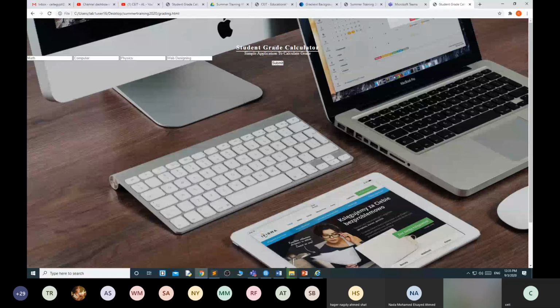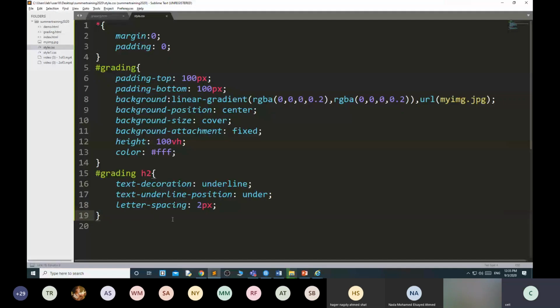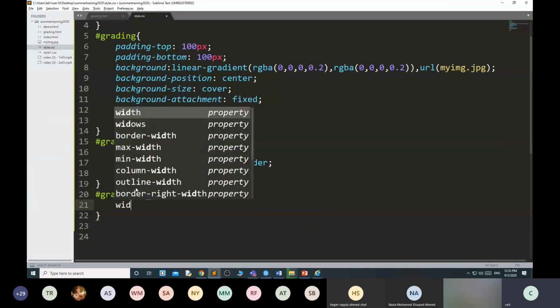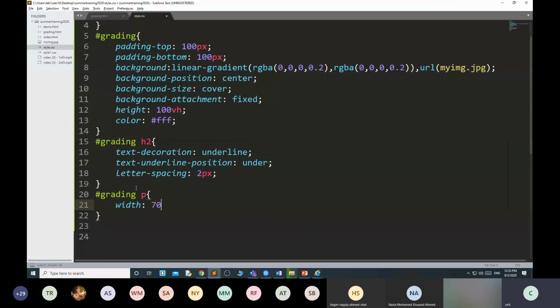Okay. Then I need to design the paragraph P. You can also apply some more rules, but I make it a little simpler. In the grading P, I'm using width 70% for the paragraph.